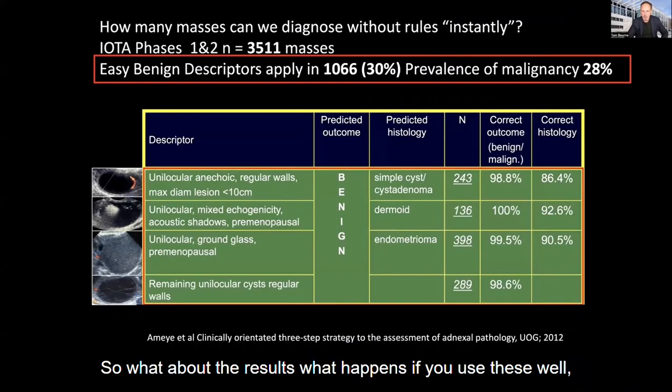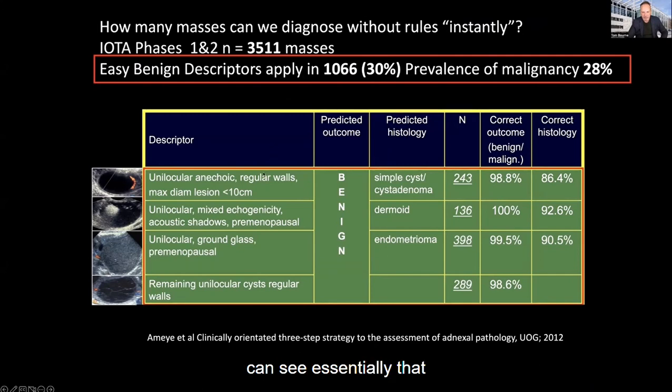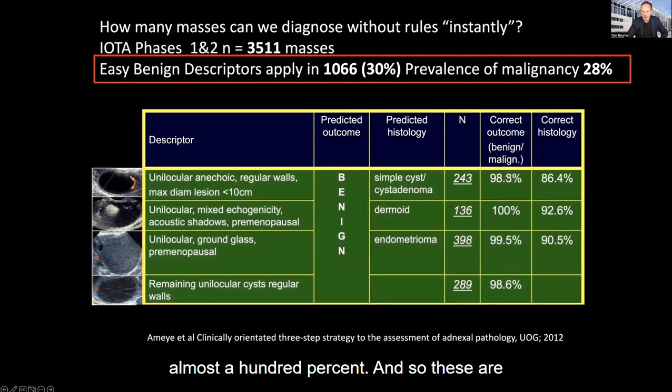So what about the results? What happens if you use these? Well, you can see this is IOTA 3 data published by Levika Ame some years ago now, over 3,500 masses. And you can see essentially that if you apply the descriptors, in these cases the likelihood of you having the correct outcome is almost 100%. And so these are extremely